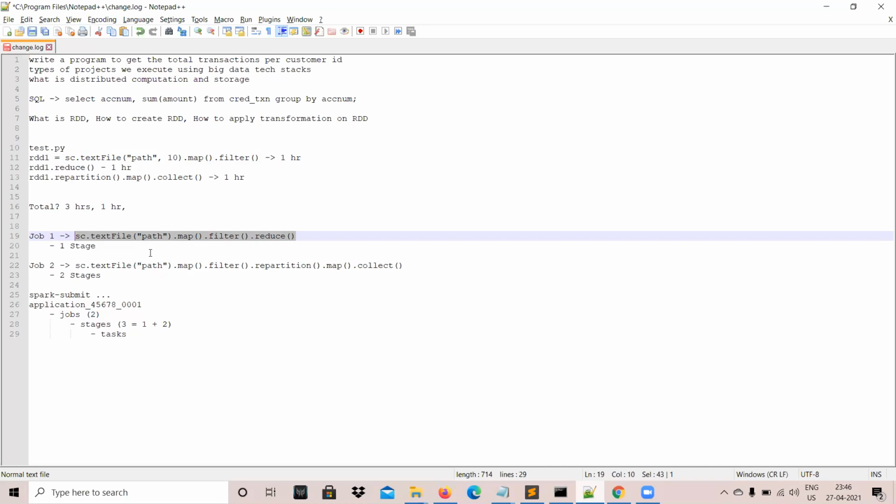It's very, very important. You need to remember this forever as long as you are into Spark. There's a very common question and a very fundamental understanding we should possess.